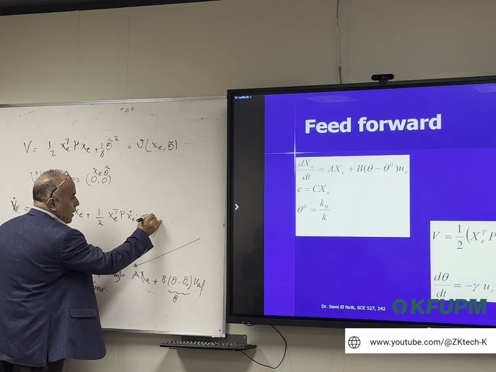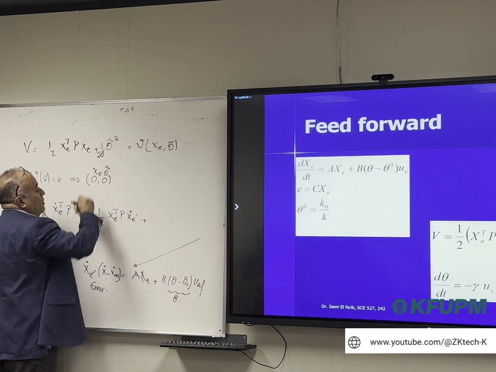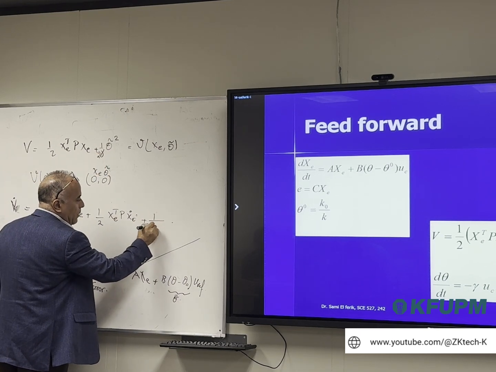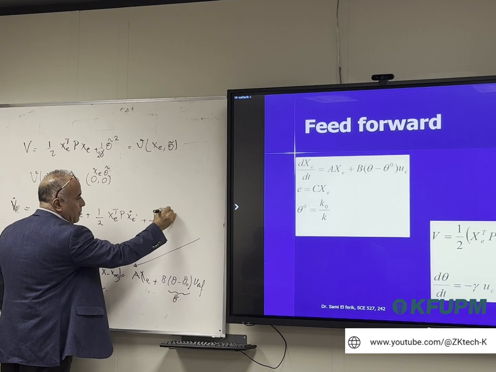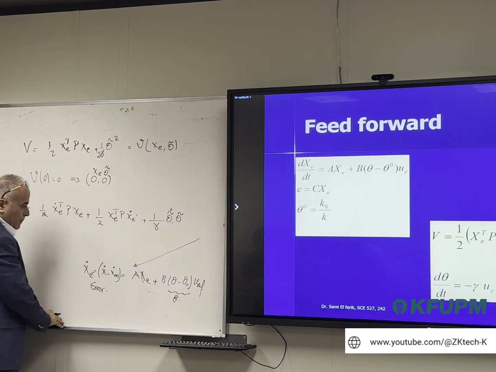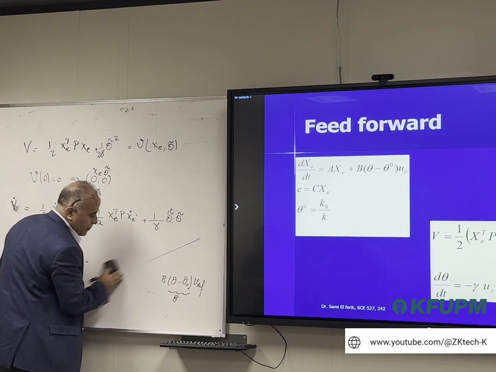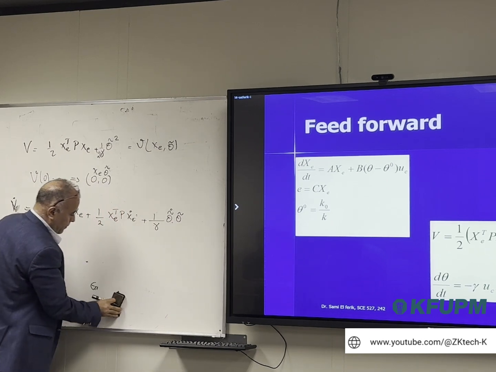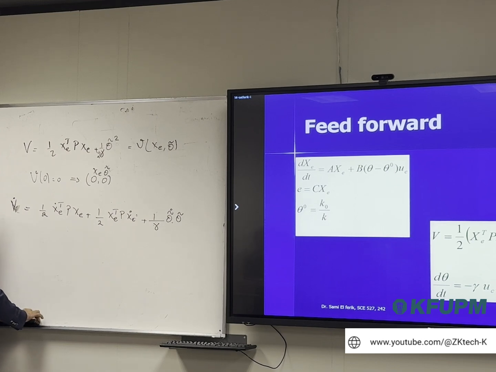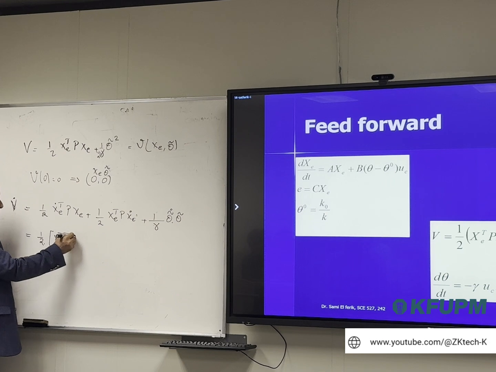Plus, we can add 2 just to make sure that we are not going to carry the 2 everywhere, 1 over gamma multiplied by theta tilde prime multiplied by theta tilde. We are okay with this? All right, so this will be equal to half multiplied by the derivative transpose. The derivative we have there, so it's xe transpose multiplied by A transpose plus